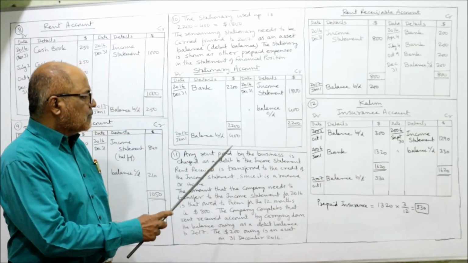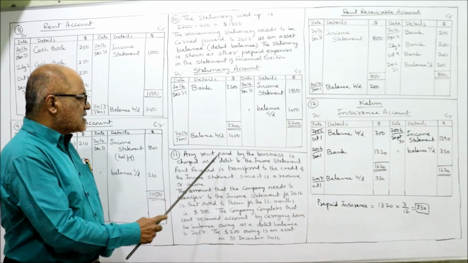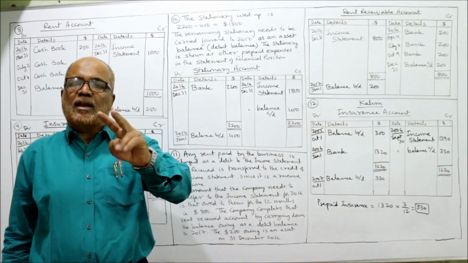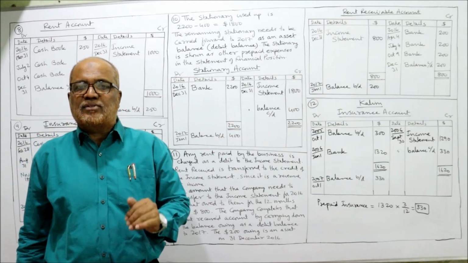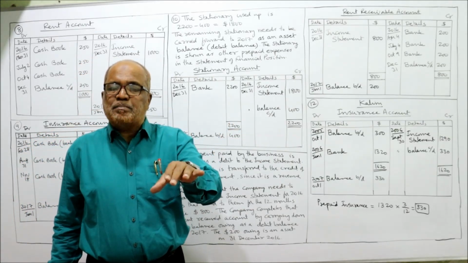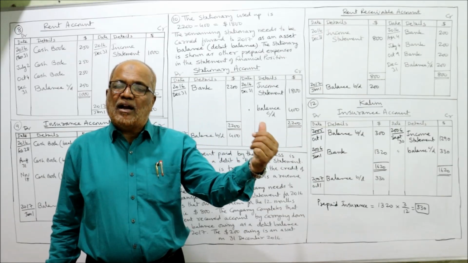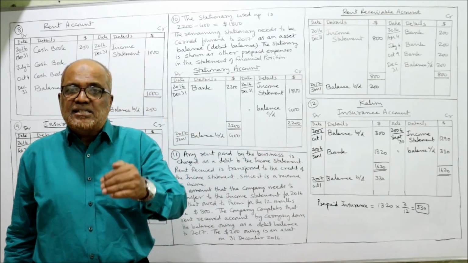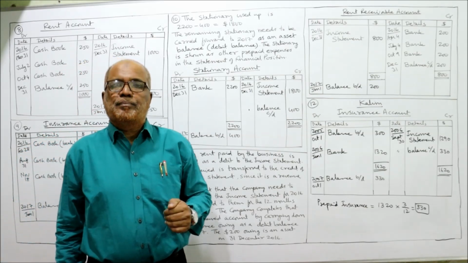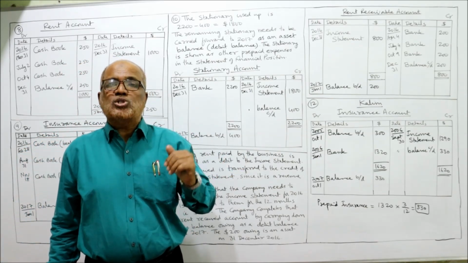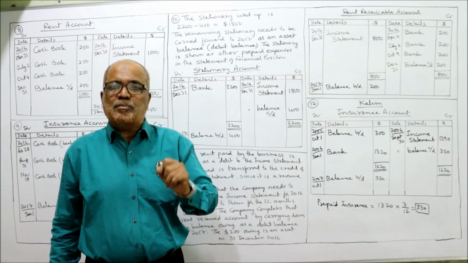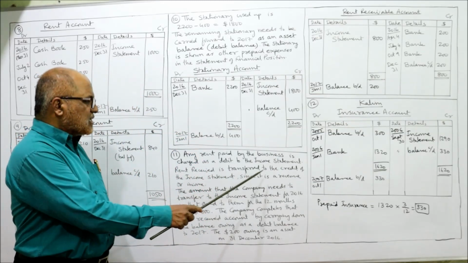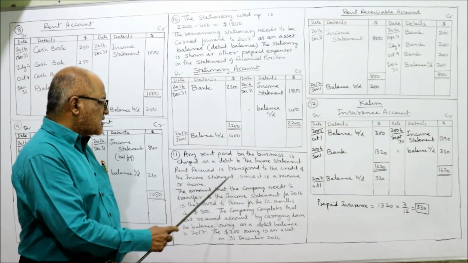So what is the explanation? Any rent paid by the company is charged as a debit to the income statement. Rent is of two types: rent paid and rent received. If the rent is an expense, it will be taken under expenses of the income statement. Suppose rent is received, it is an income, it will be added to gross profit in the income statement. So here, rent received is transferred to the credit of the income statement since it is revenue or